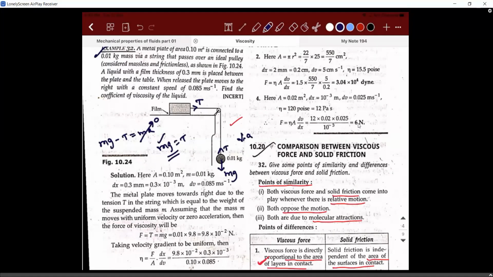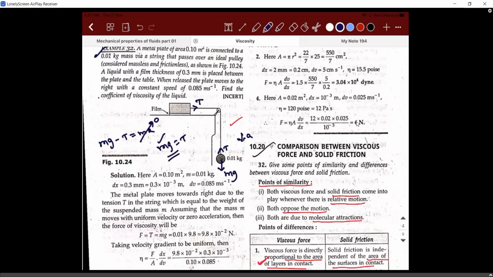Or you can visualize it in a different way. Since it is moving with constant velocity, when will unbalanced force come into picture? When the object is accelerated. Or can you say something like this? When unbalanced force is there, the object will accelerate. Will you accept the statement of me? Think about it. When there is an object subjected to unbalanced force, it will accelerate. Right? But here the object is not accelerating. So it is under dynamic equilibrium. Wherever the object is in motion but not having any acceleration is said to be in dynamic equilibrium. If the object is at rest and does not have any acceleration, you call it static equilibrium.